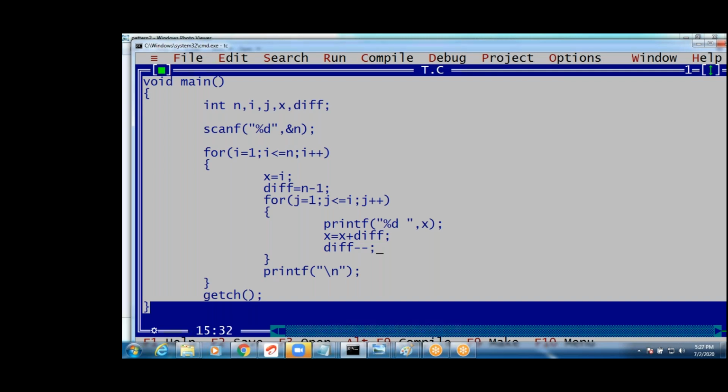j plus n minus minus. Yeah, you can print. That is also j plus n minus minus. Also you can print. Huh? n minus i you can print. x is how much? x plus, x is i, right? i plus n minus i you can print. i plus n minus i. Then you will get difference is what? Nothing but n minus i, right? i depends upon n minus 1, right? Every time n minus i value it increments. Here what we can write? n minus i.